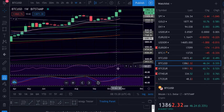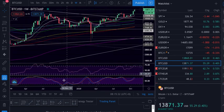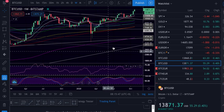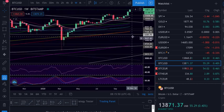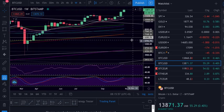Indicators are still pointing up, but we are on higher levels. Remember, if you're a big investor, you want to buy with indicators down here, and RSIs and stochastic below the dots, or near the dots. So just wait, we are really high. So this is for investment. This is not the best time, even if we go higher. Bitcoin will also go down, so just be patient. Don't get FOMO too much. If you get